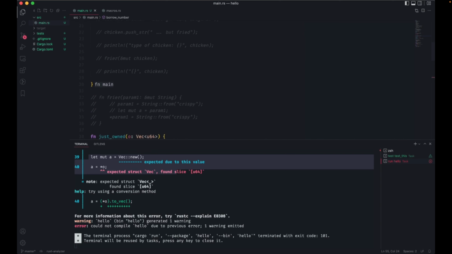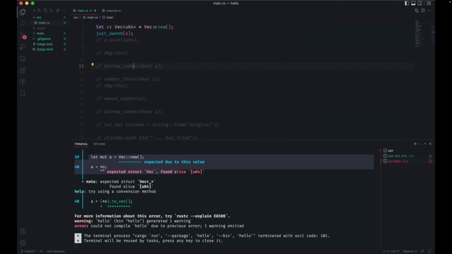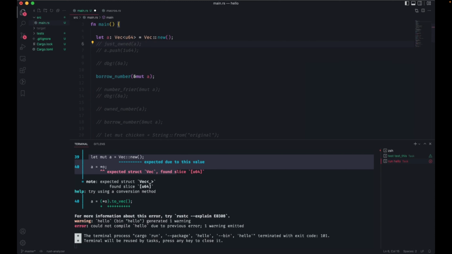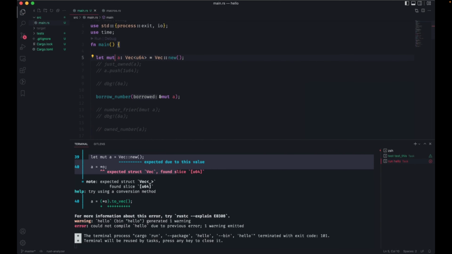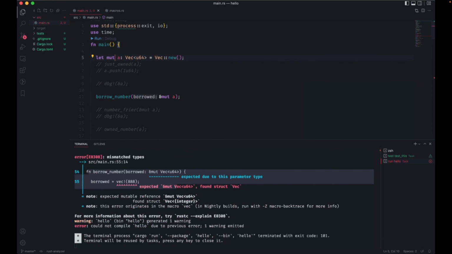Try this. I don't think this is going to do anything. Borrowed number. Or this might compile, but it will not do what we expected.